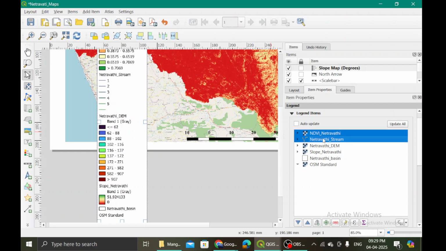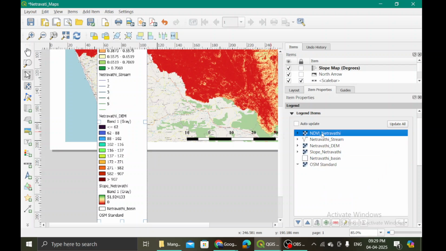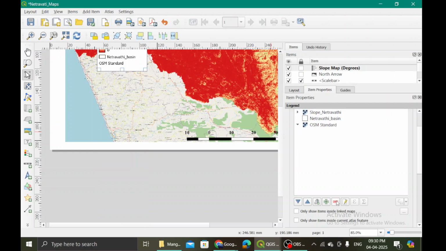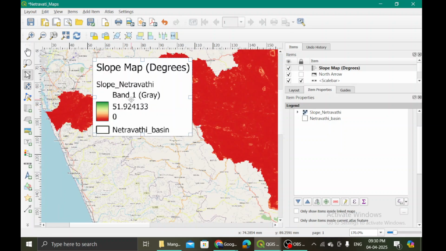And what are the different things that I don't want here? I can hold on to the control button on my keyboard and keep selecting all these things that I don't want, right? So maybe just select this, and then move down, and you see this negative red sign, remove selected items. So I've selected this item, I want to remove them. Next, I want to remove this also, SM standard, so I will remove that also. See, it won't go off from this map, but then it will go off from this scale bar.